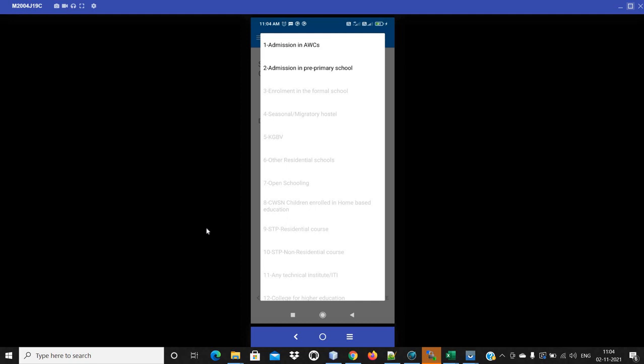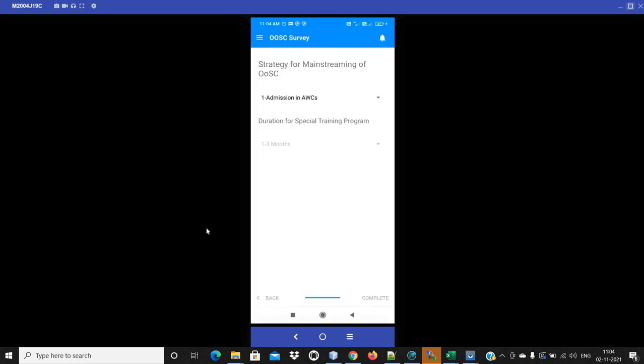These options will be enabled on the basis of the child's age, and here I have selected AWC school. Next, the duration of special training program. If we select any option in the strategy of mainstreaming of OSC, which is the special training program, in that case the duration for special training program option will be enabled, and we will have to select the